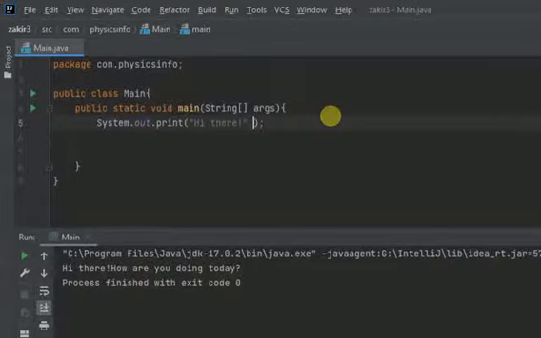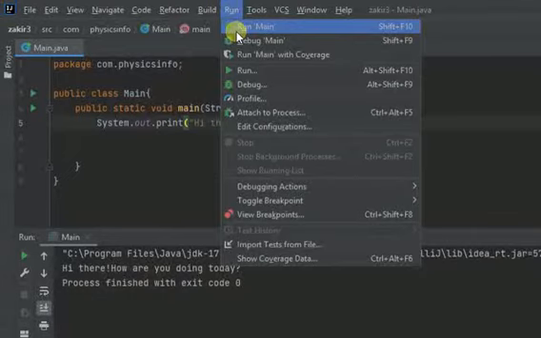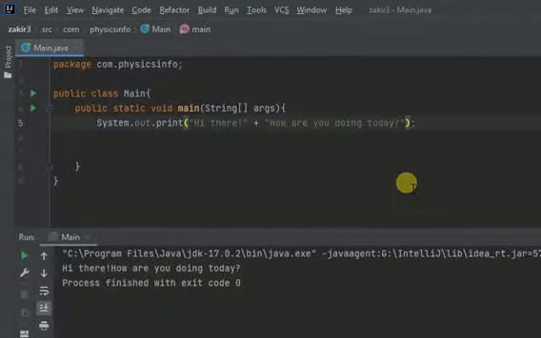Now all I need to do is place the cursor here and type the plus sign, and now I'm going to paste the string that I cut from the line below. And now all that I need to do is hit run once again, and I will get back once I get to